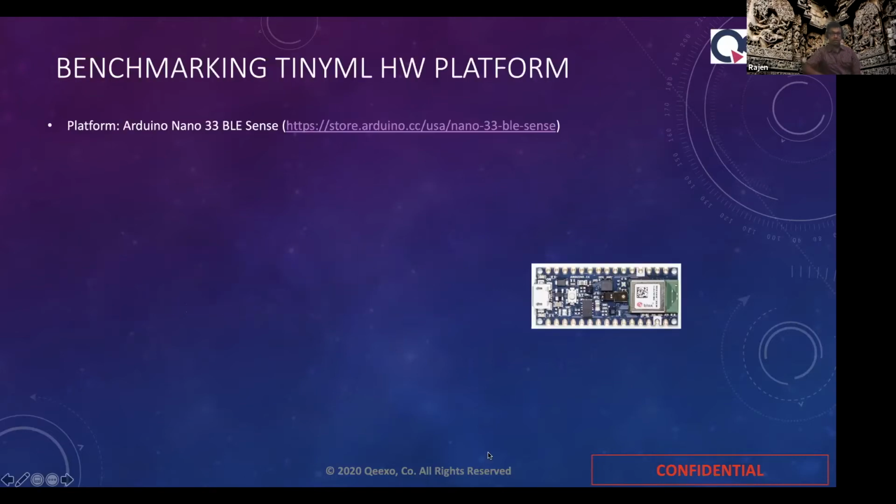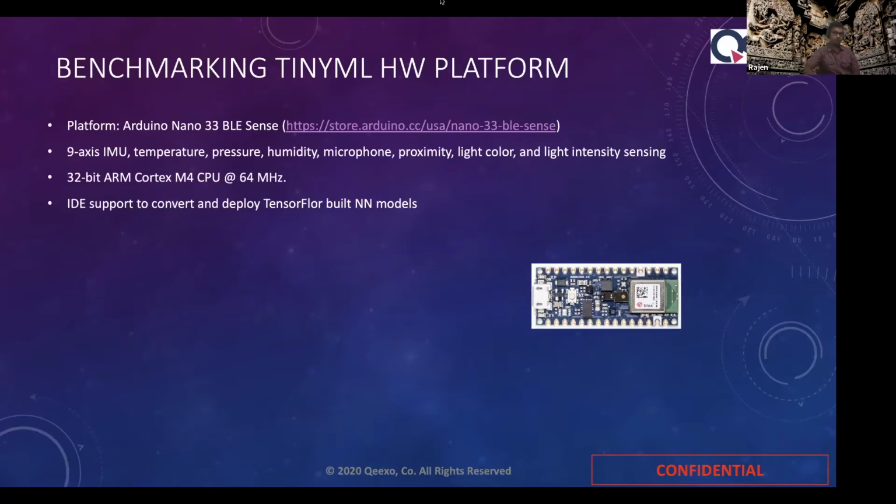In order to do that, we will take one tinyML hardware platform, and here I am considering the Arduino Nano 33 BLE Sense. This hardware platform has a 9-axis IMU, a variety of environmental sensors, a microphone, and proximity and light sensors.